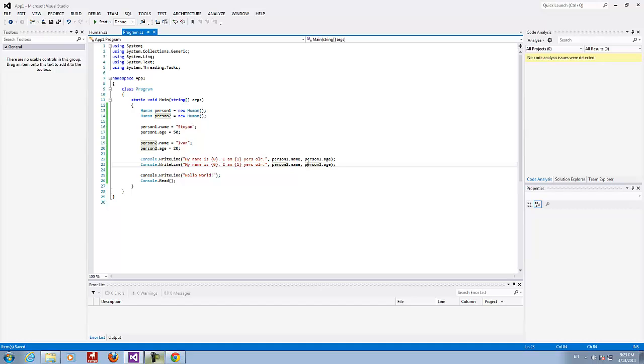So this is one way actually to assign properties to our objects. In the beginning I showed you that even without any properties and without any behavior methods, which we'll look at in just a few minutes, the objects still can exist.